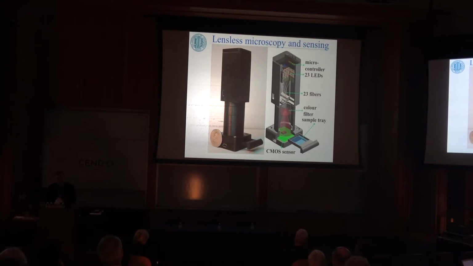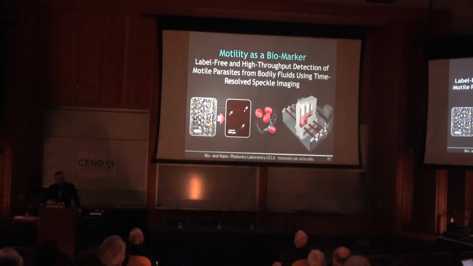So everything that I've shown you so far were actually static samples. They were static on a substrate, captured specifically or non-specifically, sometimes tissue samples. So everything was static, and I could change the illumination the way that I like to enhance the resolution, contrast, etc. So now I'd like to switch to a case where I'd like to use motility, locomotion, as a biomarker, and still be able to use this inexpensive portable system or the principle of imaging and sensing to create some unique